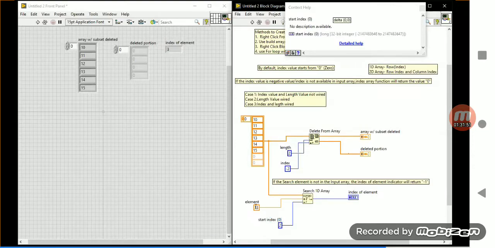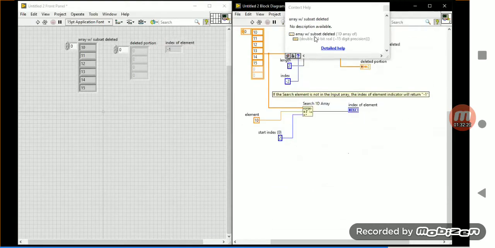Now tell me the answer. Because it is a very important function, okay, Search 1D array. Answer is yes, -1, okay. After the index 2 we don't have the value; we will start searching from the index 2, but we don't have the value, that's why it's sending the value -1 over there, okay. So these are the things over there, okay.